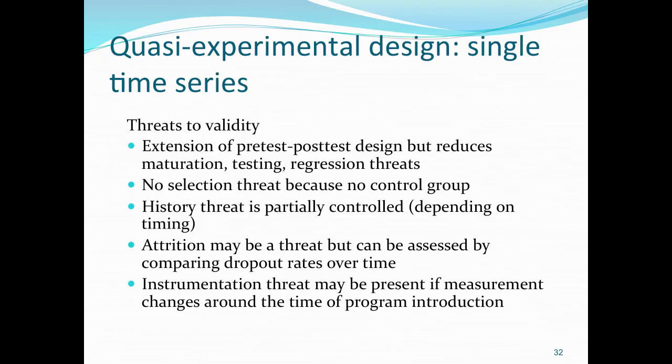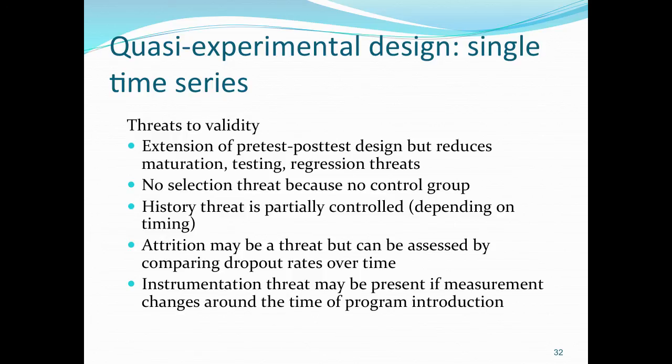Okay, so single time series, threats to validity. It's a very similar design to the pretest-posttest design, but it reduces the maturation, testing, and regression threats. Why? Well, you're picking up the maturation before the program's ever there. So if you see a significant deviation from the slope, then you know something's going on that's above and beyond maturation. Testing is also mitigated anyway, because you can see how